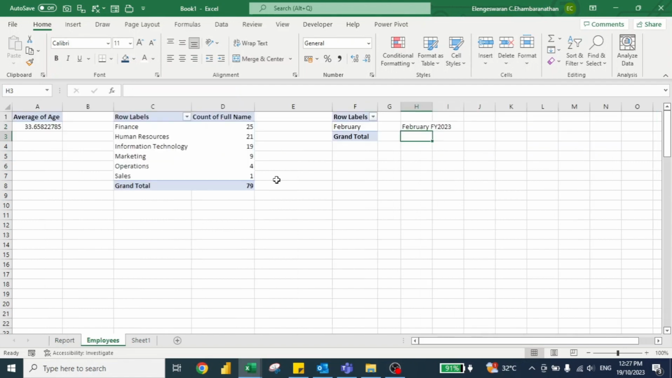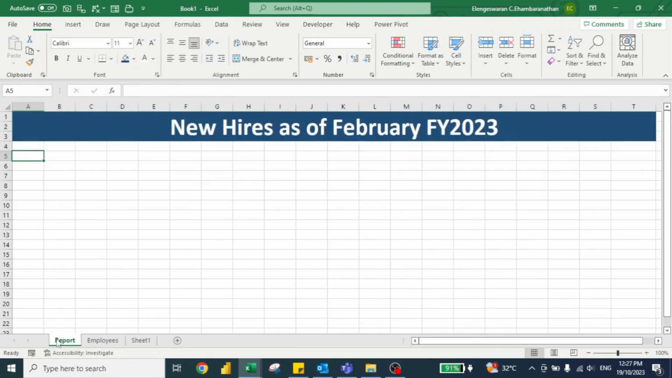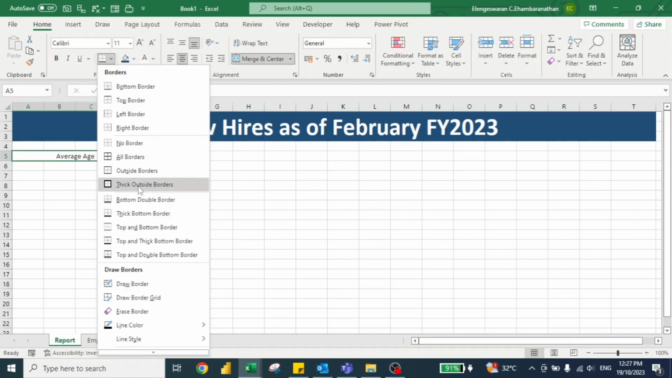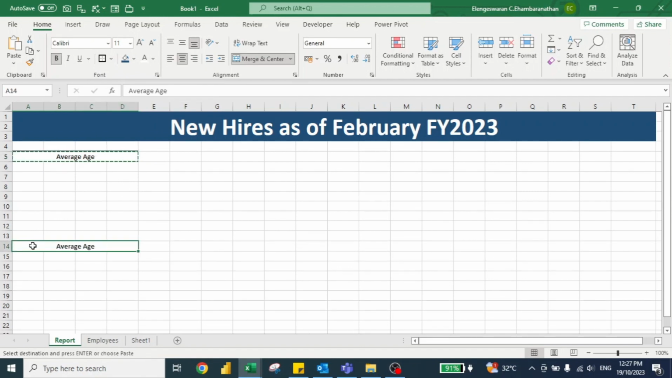And next thing what I'm going to do is I want to select the age. So I'm going to put here, maybe I'll just click this and I put this as merge and center. So I just want to click average age. Okay, average age, and then let me click here, put a border. So we do have an average age, and then over here I just want to put number of